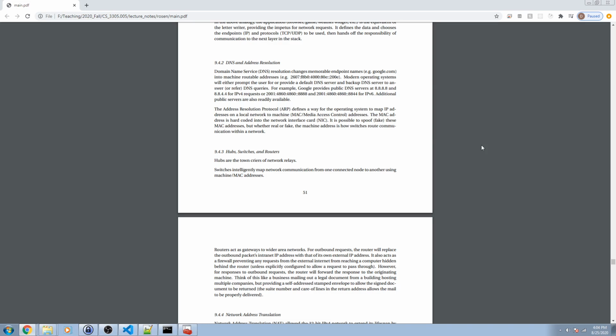And so the way we work around that is through network address translation, which we'll discuss in a little bit. But okay, to review, DNS tables map from google.com to IP address, and ARP tables, address resolution protocol tables, map from IP address to machine address. And ARP poisoning is the sticking it to the man